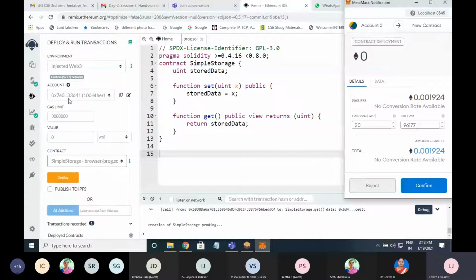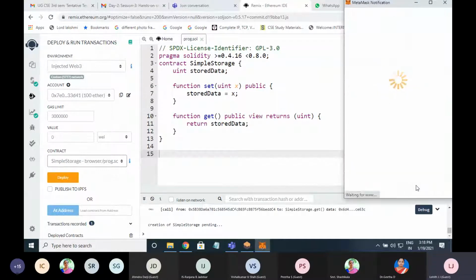The account is 0x7E0C, created with this MetaMask browser extension. All transactions need to be signed by the sender; that is the blockchain concept. So as I clicked deploy, MetaMask asks me to confirm, and only after confirming will the transaction be recorded.